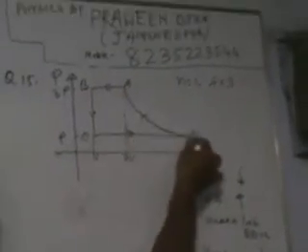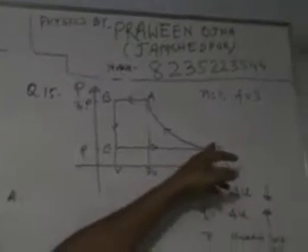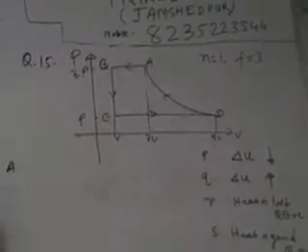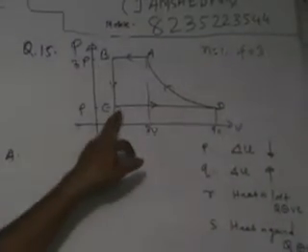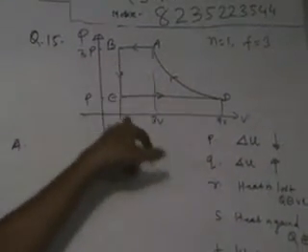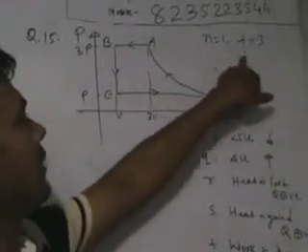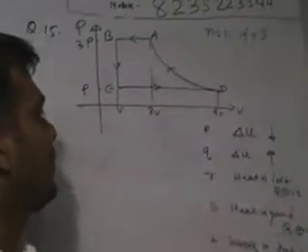Okay, this is a question based on heat where a PV diagram is shown. A to B, B to C, C to D and D to A. Mind it, there is nothing given about what kind of process DA is, so don't assume adiabatic or isothermal. This is P, this is 3P, V, 3V and 9V. The number of moles is 1, monatomic, so I have written f equal to 3.